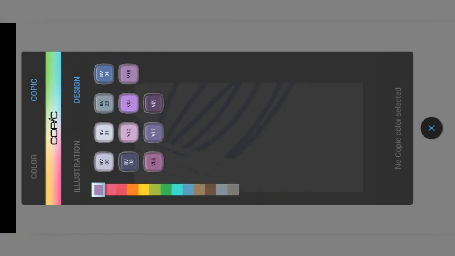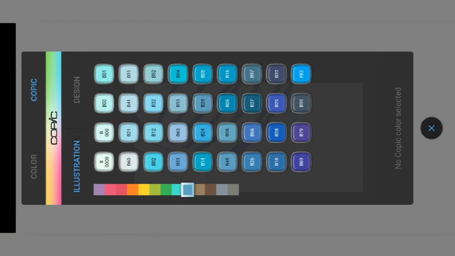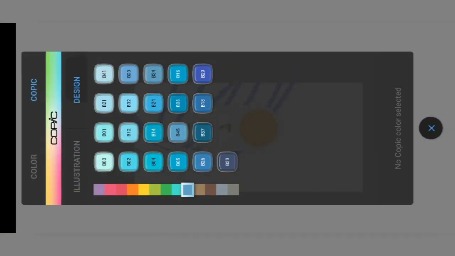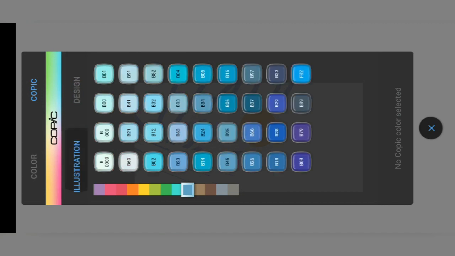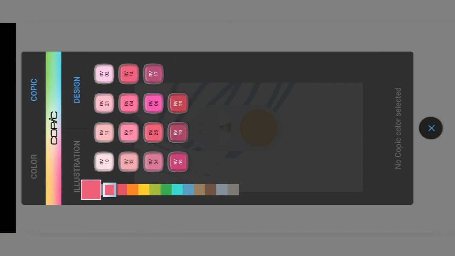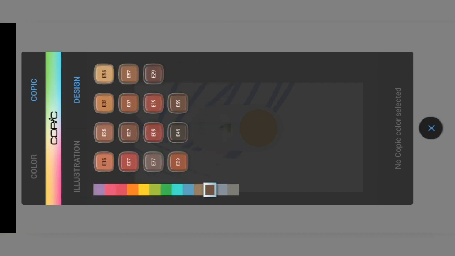You have the Copic color palette divided into two sections, illustration and design, for better management of colors. For designing, they said that these colors right here are the best in their view, and for illustration, these ones are the best.